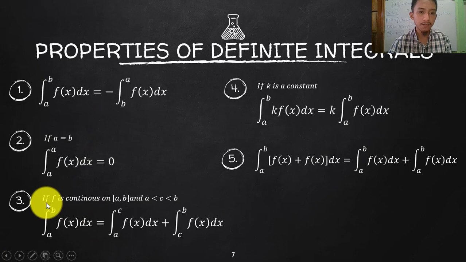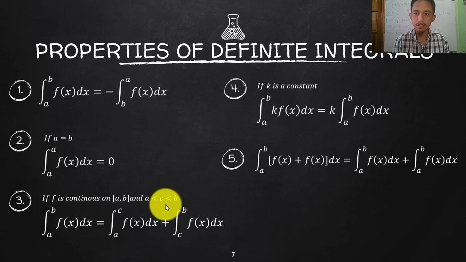Third is that if f, the function, is continuous on A to B, and C is between them. Let's say you have a third value of x. Let's say you have A and B, and the function is continuous from A to B. It means the function is continuous, isn't it? In your differential calculus, you talked about continuity. So if your function is continuous from A to B, and you have a third value in between them,